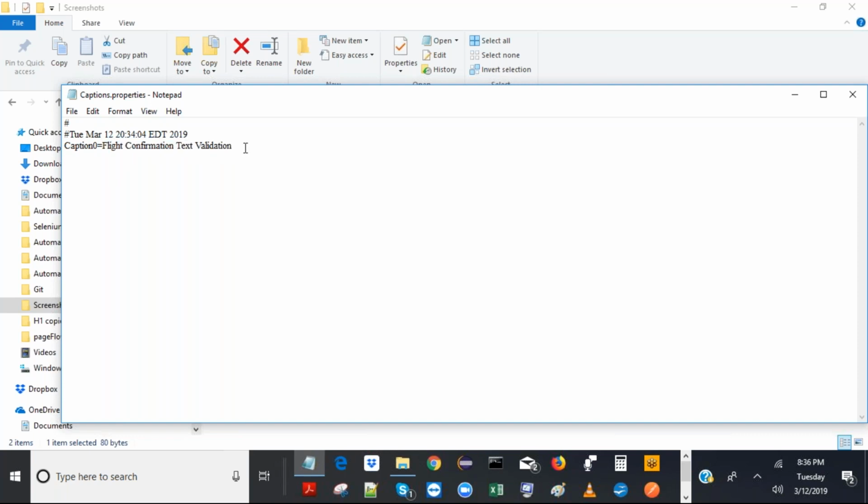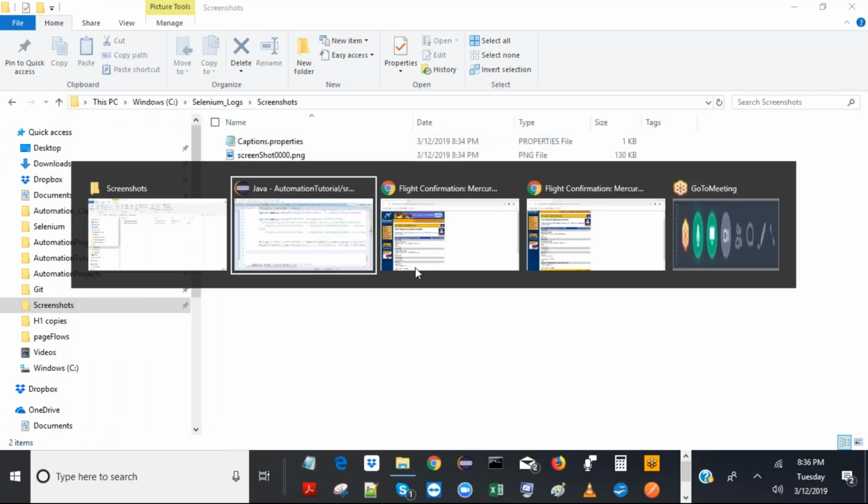So if it logs caption 2, the timestamps will be automatically updated. Don't worry about the timestamp. This is non-executable. So in the property file, if I prefix any line with a hashtag, that means it is non-executable, just like a comment in Eclipse Java. So this is not very important. This is important only if you want to look at what time the last caption was logged. But captions, this will be important.